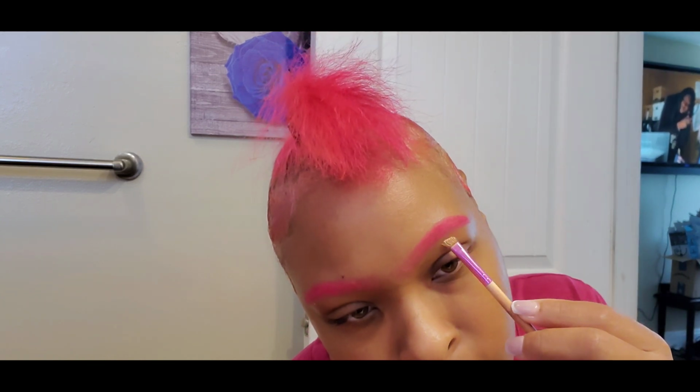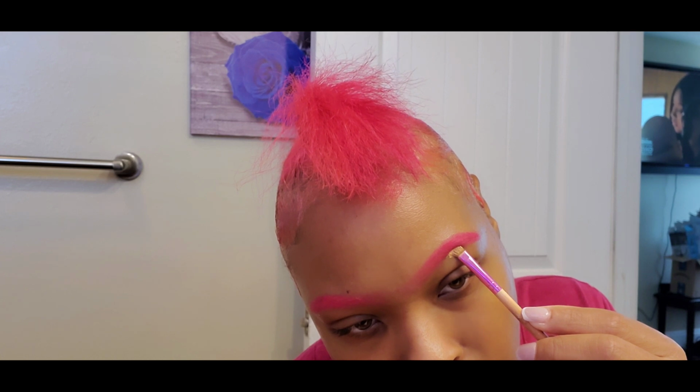So, take my concealer. And I outline the eyebrow, how I want it to go, how I want it to be shaped. Now look, let me tell y'all, some people do the lighter color in the back, darker in the front. I really don't do all that. I guess I'll do it for y'all. So, okay. We're going to start right here. So I outline it